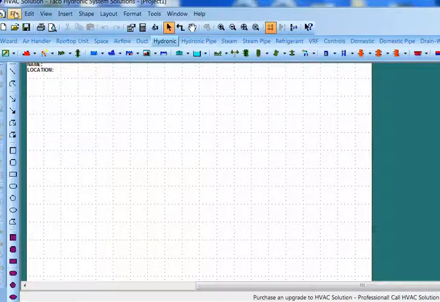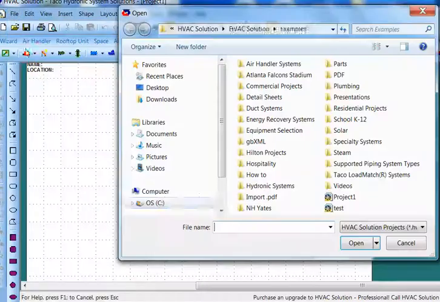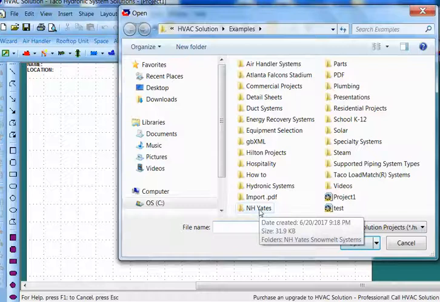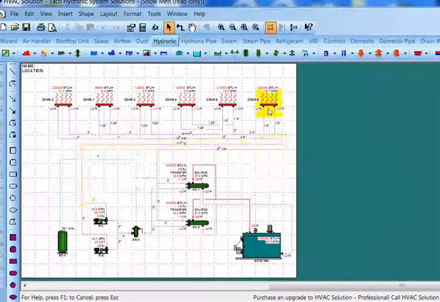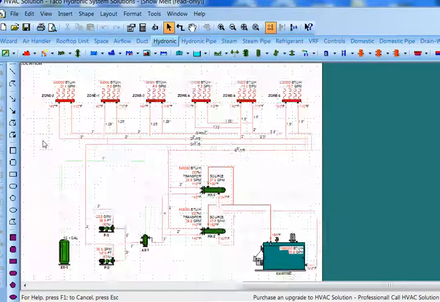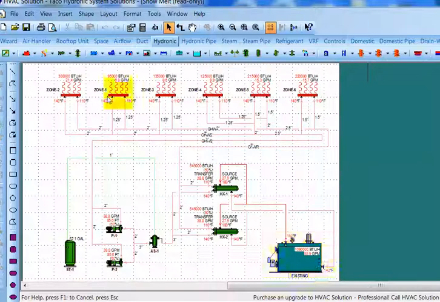So what I've done, just as an example, under File, I've created a Yates folder. So templates could be made of various types of systems that you see on a regular basis. I created a Yates snow melt system, and I put this snow melt system into the folder. So this has a generic boiler, steel piping,